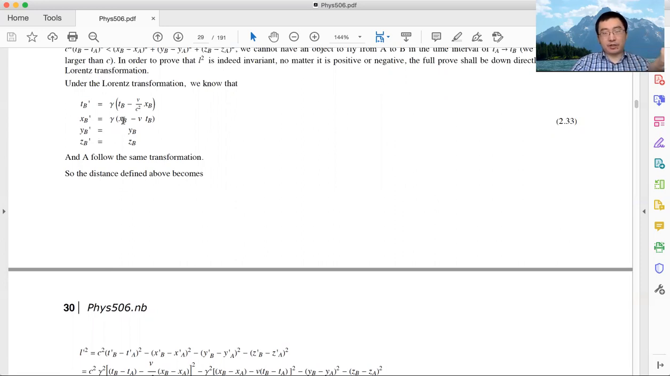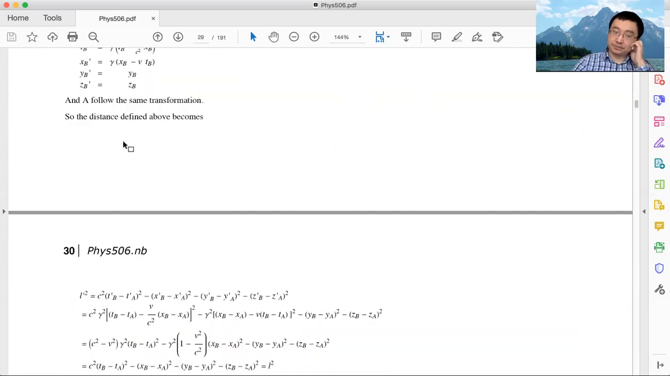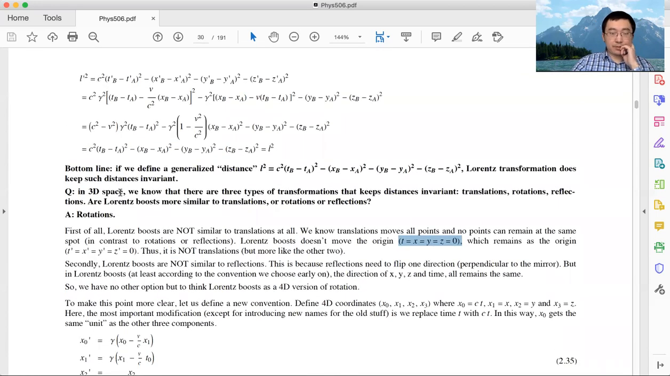You didn't flip the direction of X either. X and X prime have the same sign. Y and Y prime have the same sign. Z and Z prime have the same sign. We didn't do any reflection either. So the bottom line, Lorentz boost does not look like a translation at all because it has a fixed